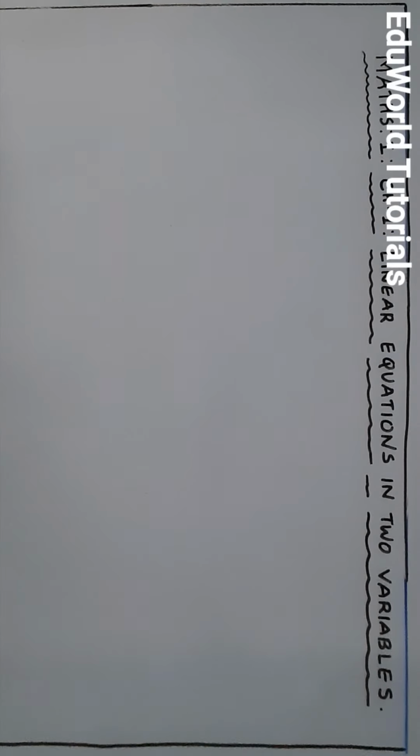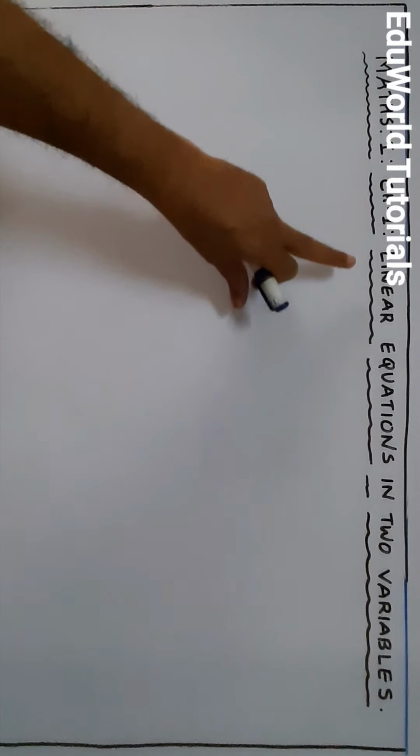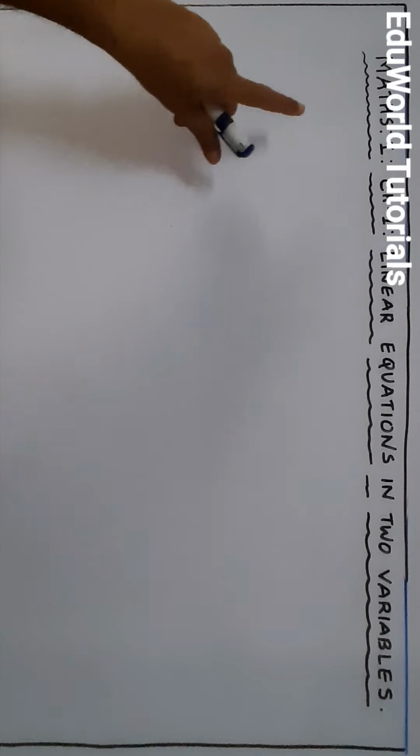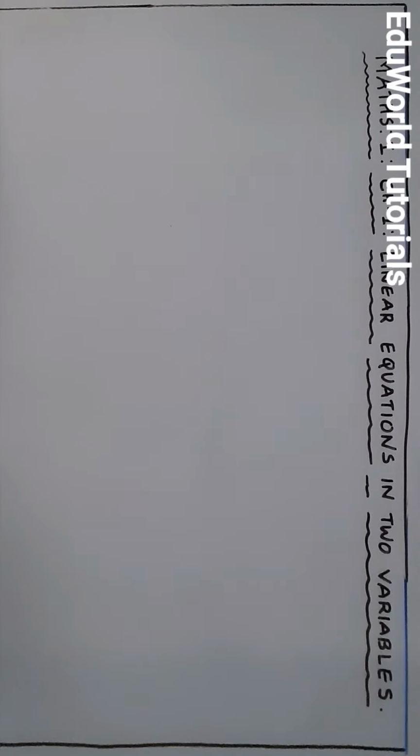Dear students, welcome back. We have started the first chapter in Mathematics Part 1, Linear Equations in Two Variables, and in the first lecture we have seen Practice Set 1.1. We solved the first question and I gave you homework of 5 questions in question number 2. I have solved one question of main question 2. Remaining two sums, the 7th and 8th sum, I told you to solve. I hope you will have solved.